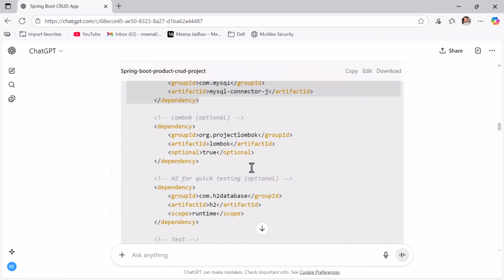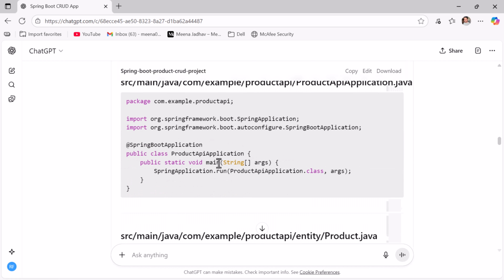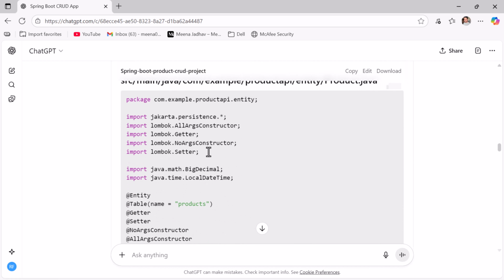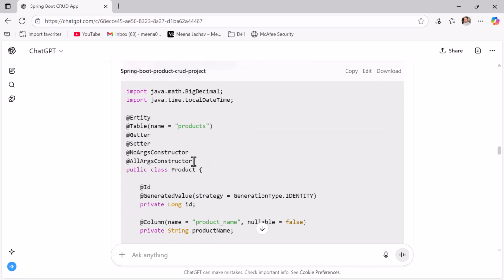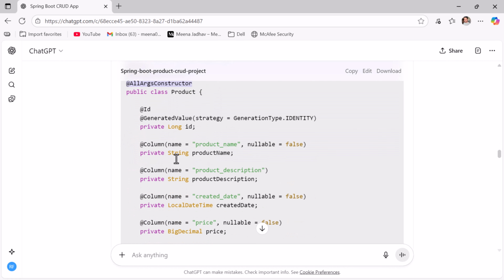And then scroll down. This is the main entry point of our Spring Boot application. This is the product JPA entity, and notice here the annotations are from the jakarta.persistence package. If you don't mention Jakarta persistence in the prompt, then ChatGPT sometimes gives the package name as javax.persistence. Okay. Next, you can see Lombok annotations, and then these are the fields,